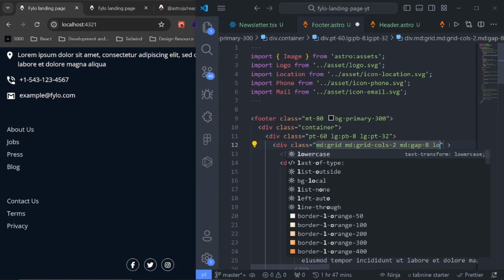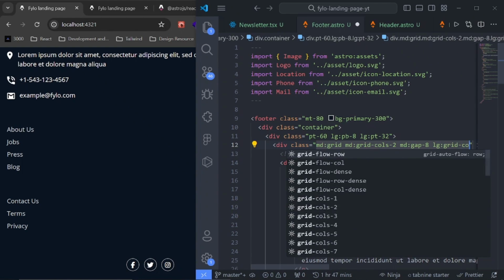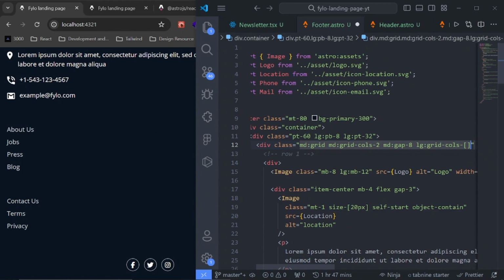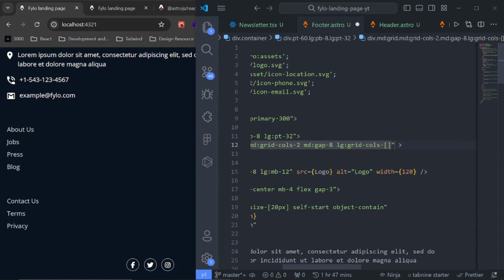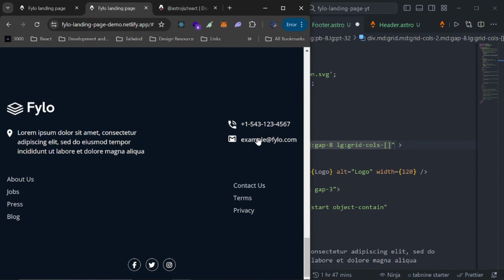Then on larger screens, we say the grid cols should be an arbitrary number. So on larger screens, we want to give each of